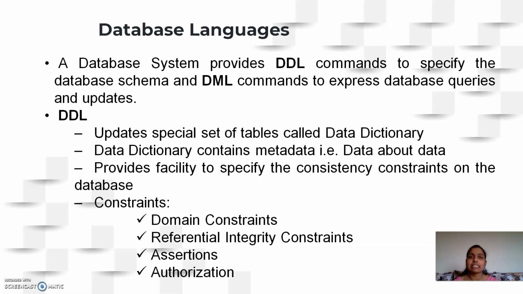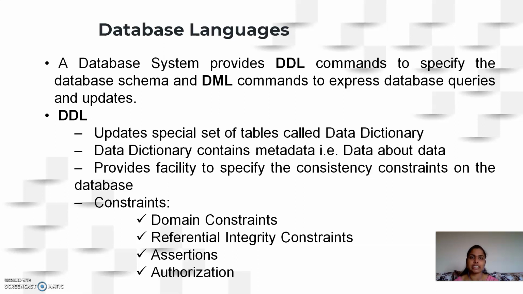Then coming to the next one, which is an assertion. So here, assertion usually is a constraint that will be applicable not at the table level but at the database level. So if you are having in a database more than one table and the consistency check that you are trying to apply on several tables, we call that to be assertions. So obviously your referential integrity constraint is one kind of assertion where the consistency constraint has to be specified on multiple tables and it must be imposed on the overall database.